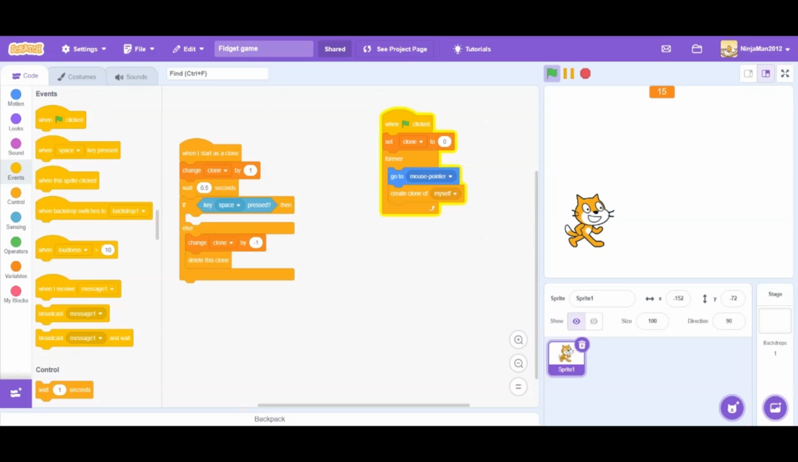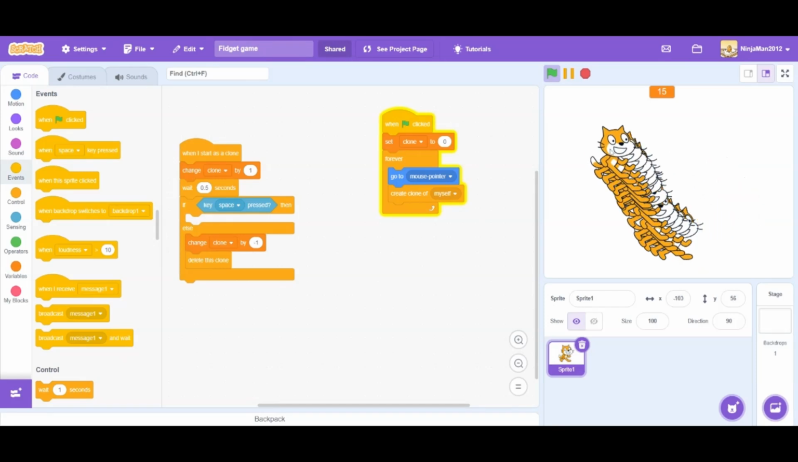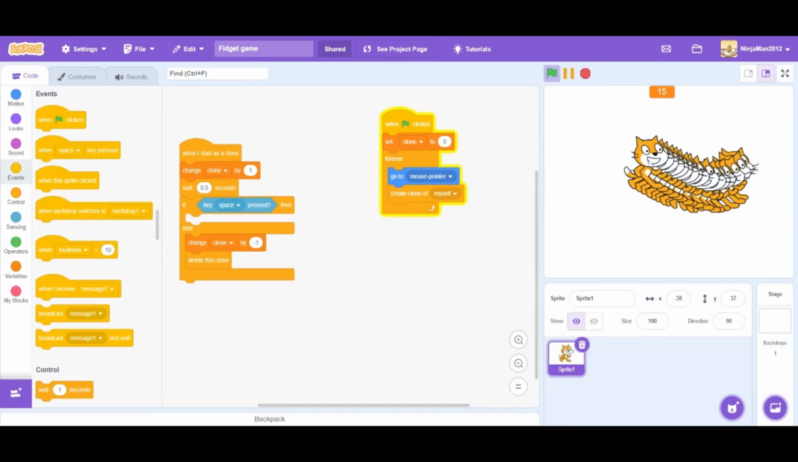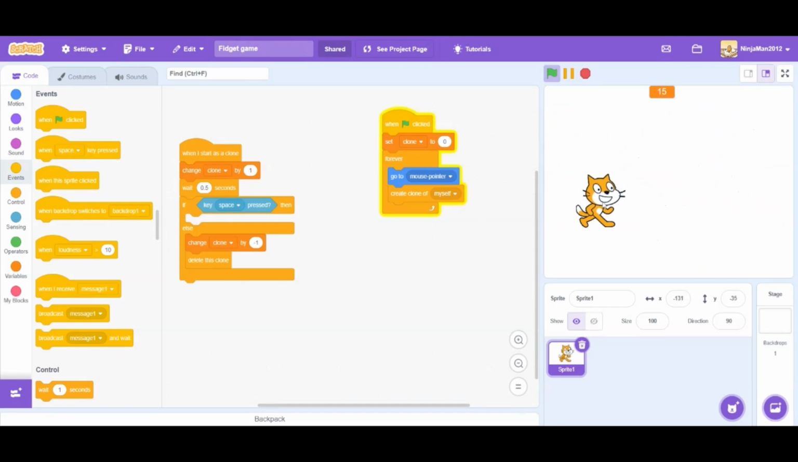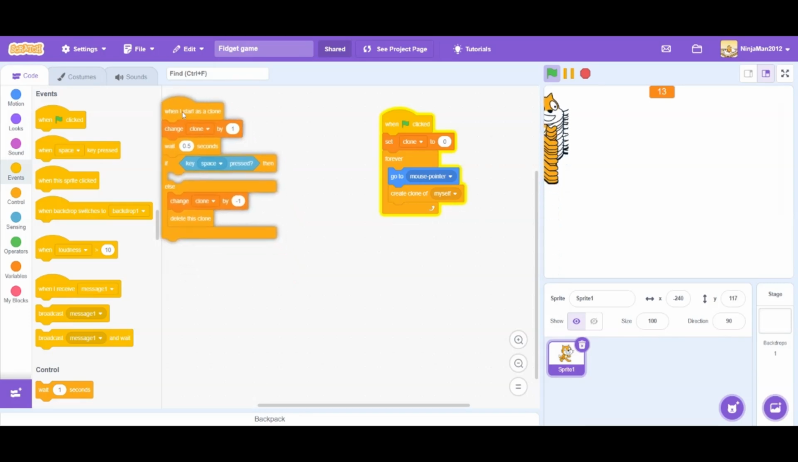And today we will be making a part 2 to our fidget game in Scratch. So now that we have our little cats that are following the mouse pointer here, I wanted to make a second satisfying thing. So next what we're going to do is we're going to move these over here,